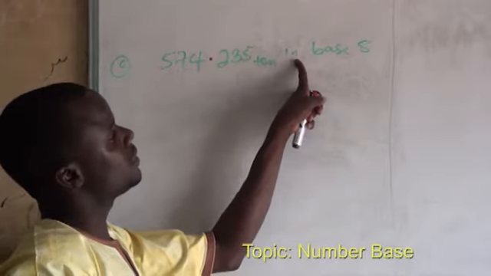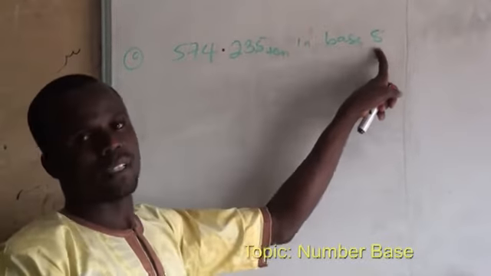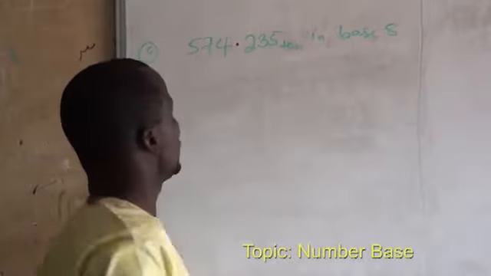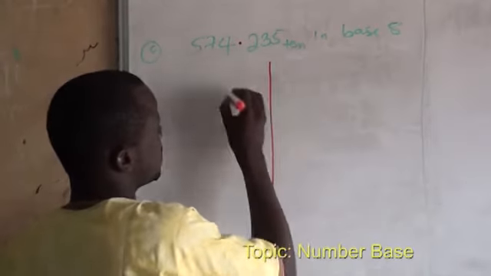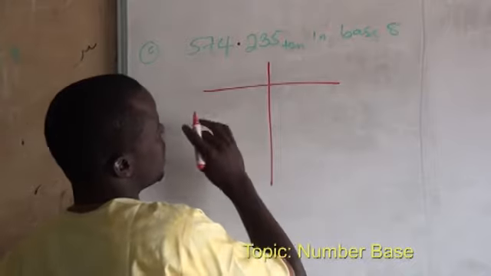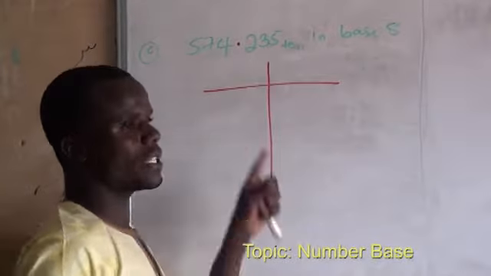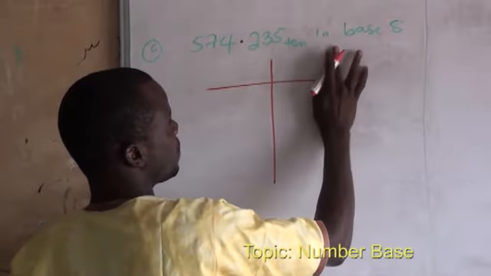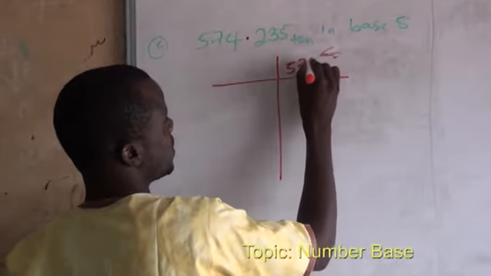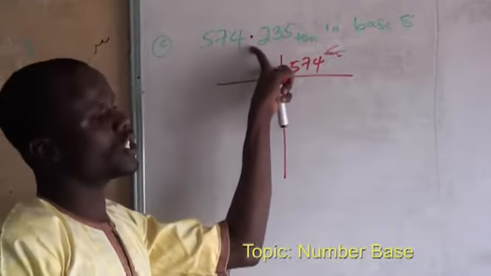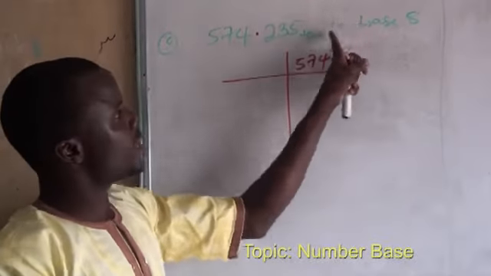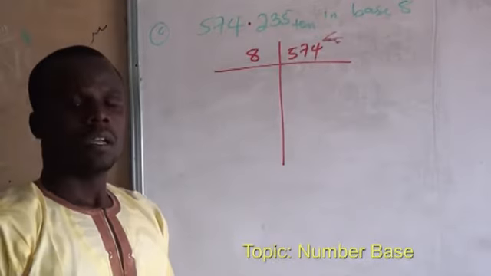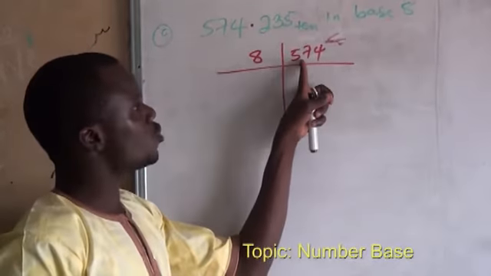Now 574.235 in base 10, we have to convert it to base 8, that is octal. As I told you, base 8 means octal. So now we have to draw the chart. First, we have to convert the whole number part. The whole number is 5, 7, and 4. We have to forget the decimal part first. Then here we have base 8, then we write 8. Then we say 8 into